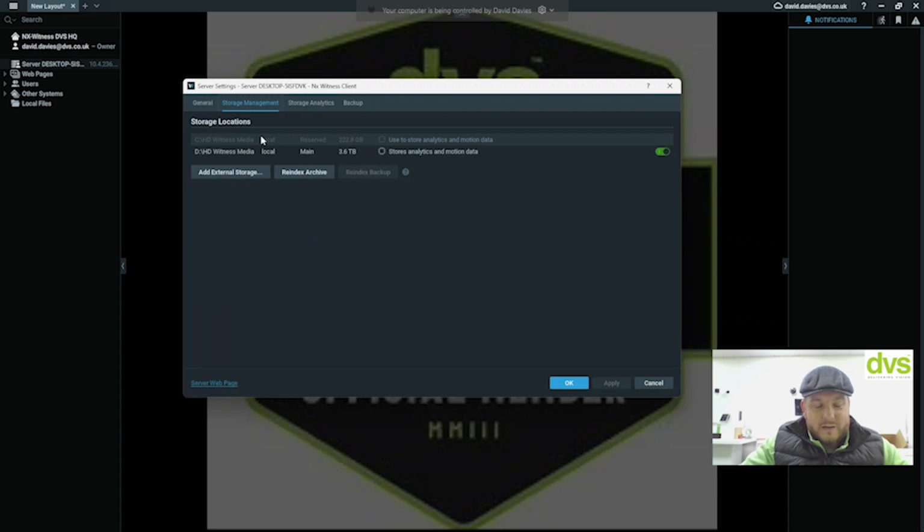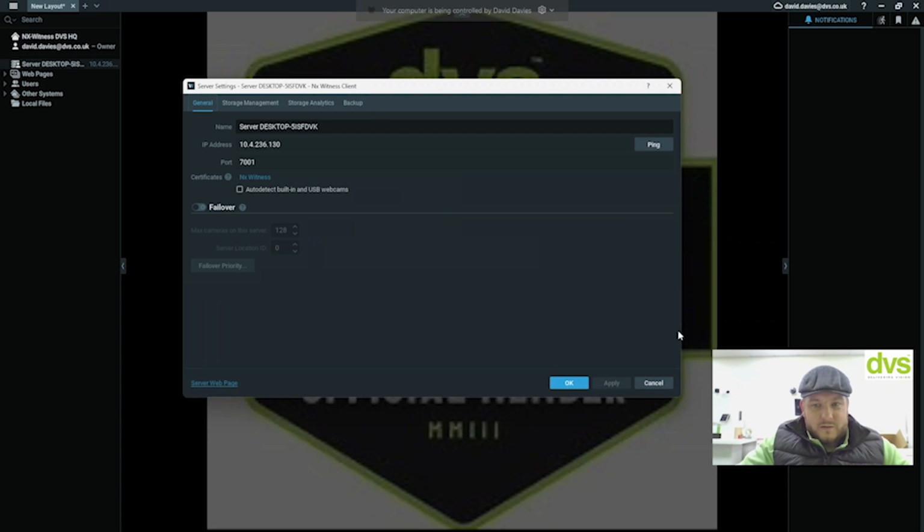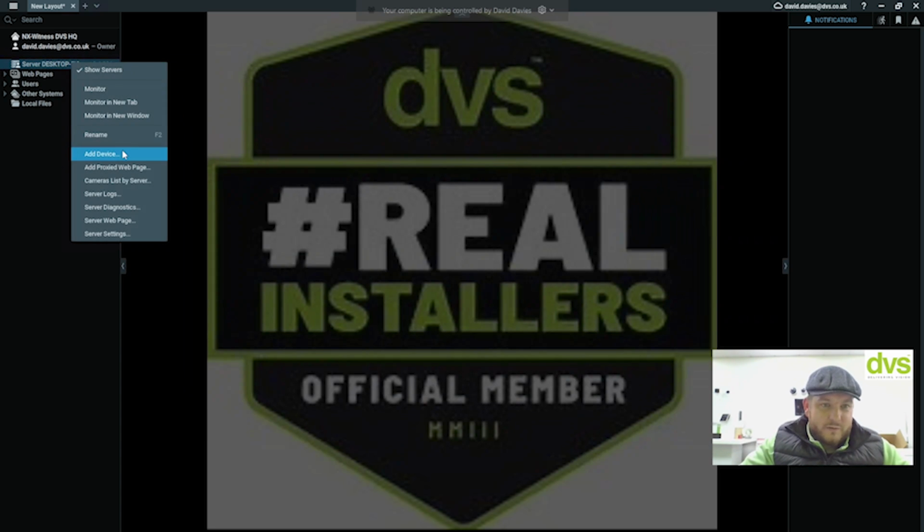Storage management, again, I can add and re-index from here. I don't have to go into the server web page. Storage analytics, and then backup. I'm going to close this down so we don't need to do anything with that. But if I right click, you'll see there was an add device. So I can click on monitor,